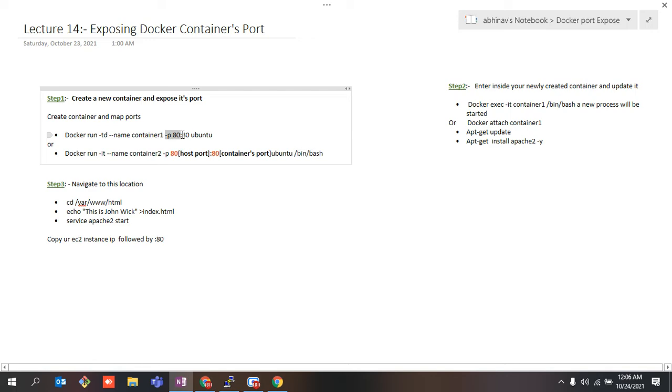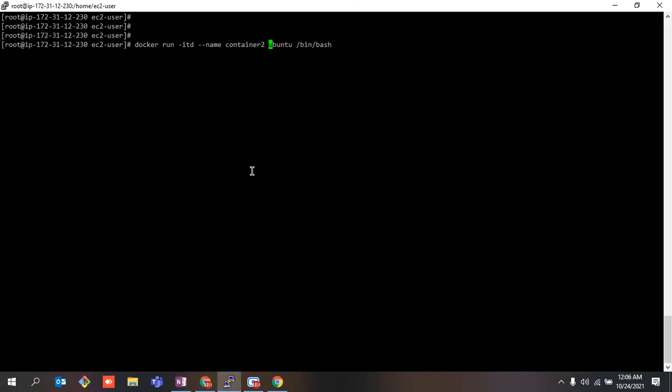You just need to expose your port by writing -p 80:80. So 80:80 over here implies that this is the port of your local machine or your host machine, and this is the port of your Docker container, right?